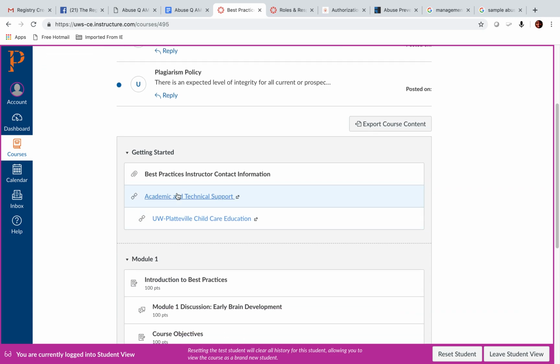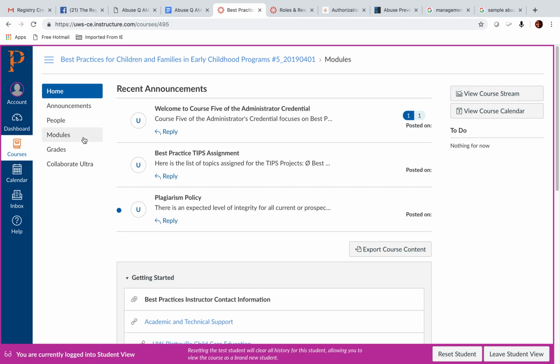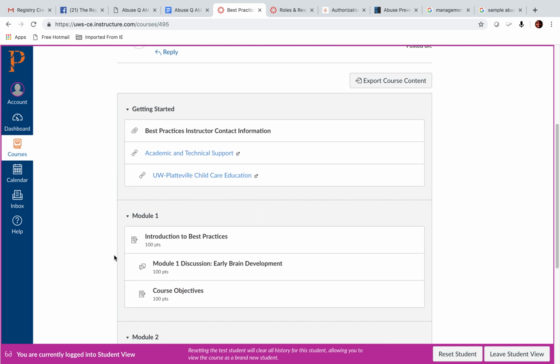If you want to go into the academic and technical support, you will have to open that in a new window. I will let you check into that yourself instead of taking the time to look at that. Going back to Home, now when it comes down to the course,